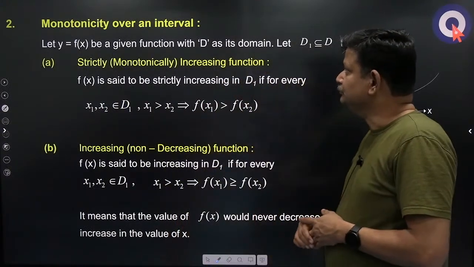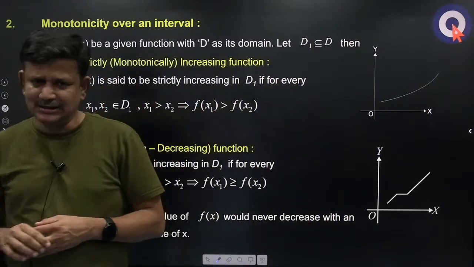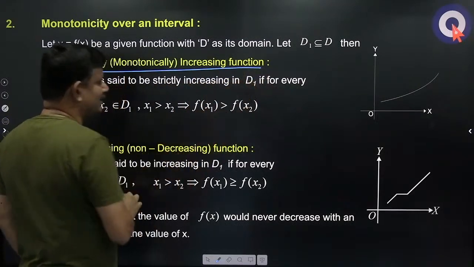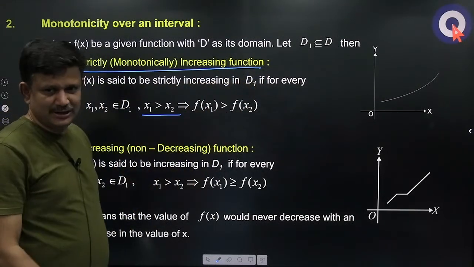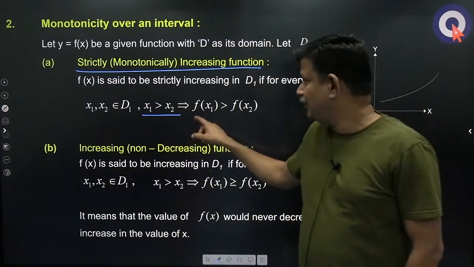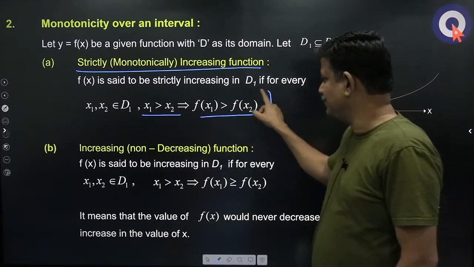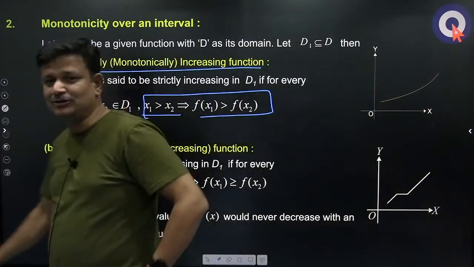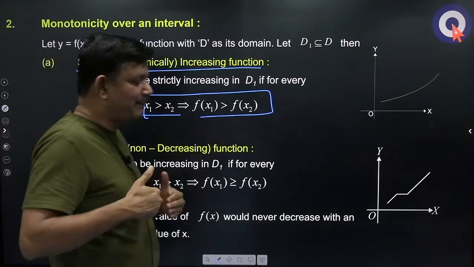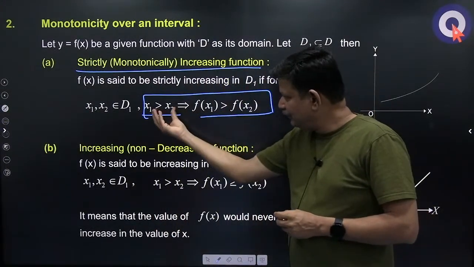Let us see when a function is said to be monotonic over an interval: either it is strictly decreasing or strictly increasing in an interval. So a function is strictly increasing in an interval if you take any 2 points x1 and x2 in the interval, and x1 greater than x2 implies f of x1 is greater than f of x2. See, this is actually the definition of a strictly increasing function, but in practice it is an application of it. What does this mean is, if you have an inequality,